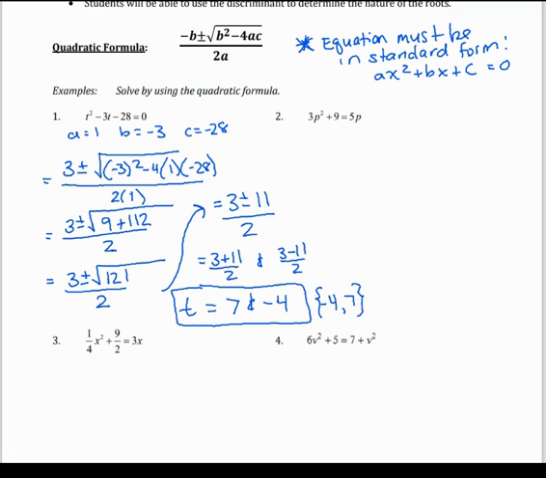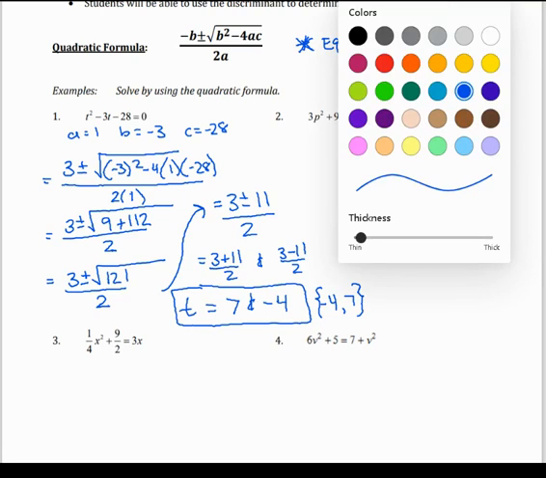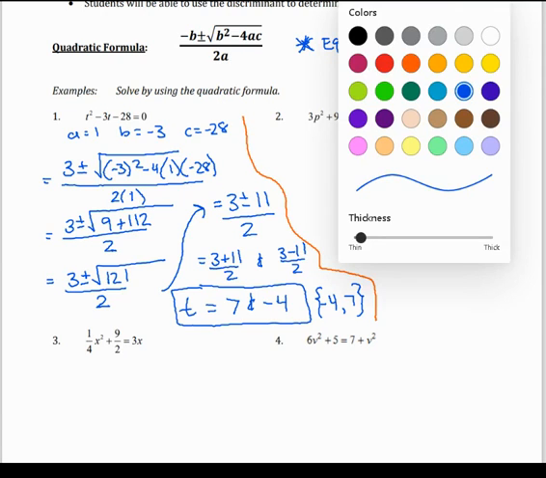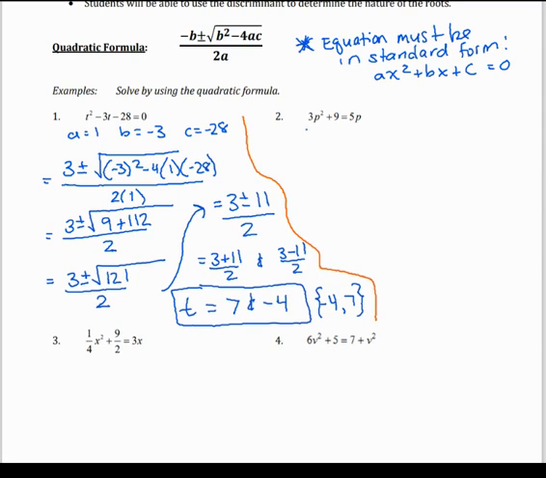Okay, let's look at number 2 together. So number 2, the first thing that we need to remember to do is to put this into standard form. So we'll subtract the 5p, and we'll have 3p squared minus 5p plus 9 equals 0. Again, we can identify that a is 3, b is -5, and c is 9. So that's telling us that for our quadratic formula, negative b will be +5 plus or minus the square root of b squared